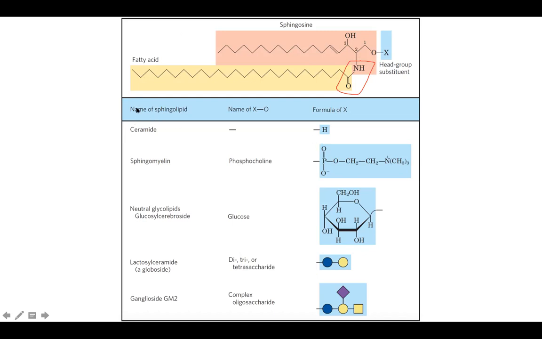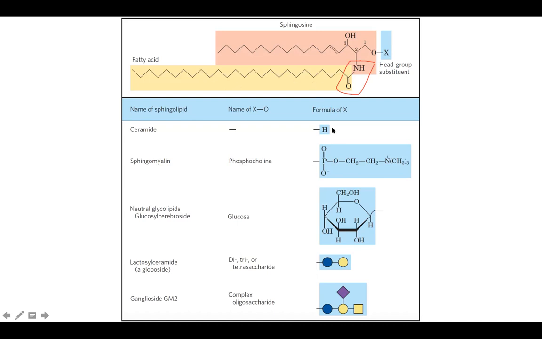Saan yun naririnig yung ceramide? Yung mga nakikita yung commercials. Saan yun naririnig yun? Ceramide complex. Tama ba sa mga shampoo? Di ako naniniwala doon. Anyway,